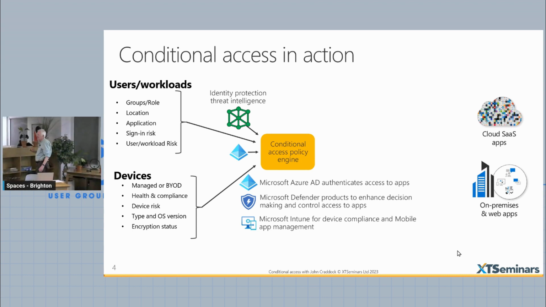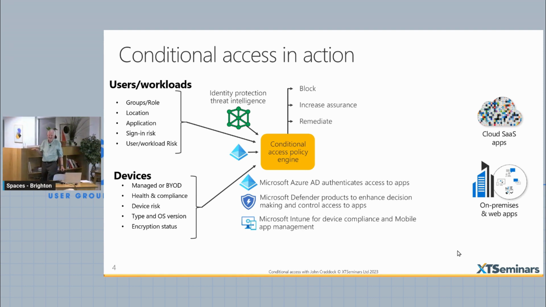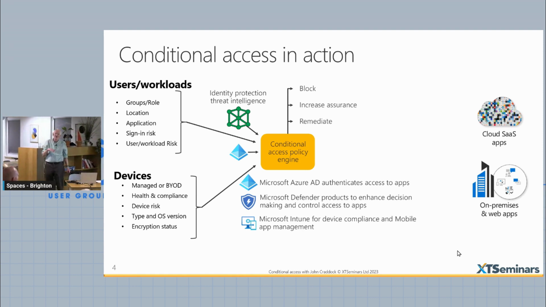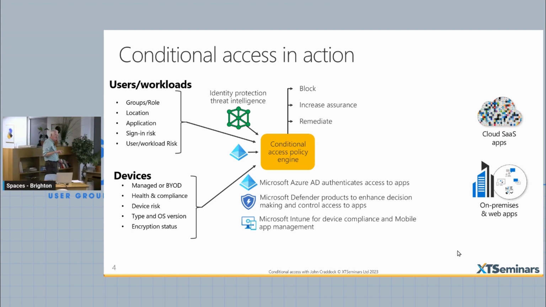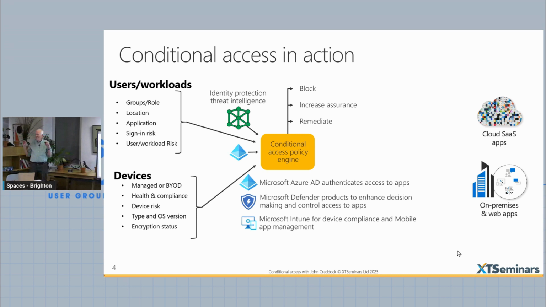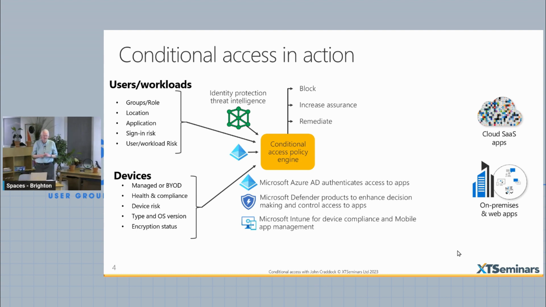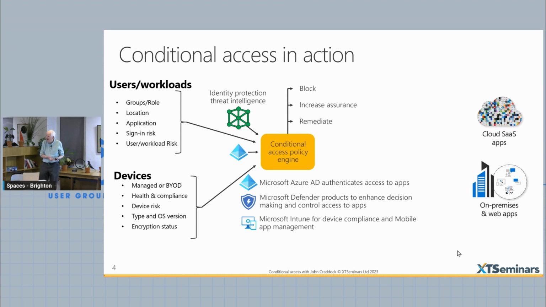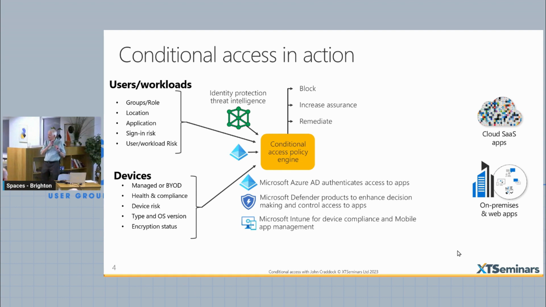So what does the policy engine then do? It could block access, right? So you don't want to block access if there's a way of remediating it. So if you can, you do some form of remediation, and it might be that you've got a high or medium risk on a user, and you say, okay, well, that's possibly their credentials have been leaked, so let's force a password reset on them, right? So that's possible to do. Obviously, we could increase assurance by having MFA, and now fairly recently in the product became categorizing the authentication strength